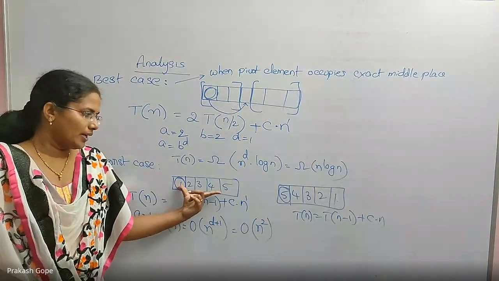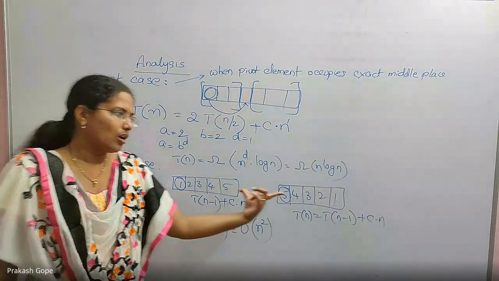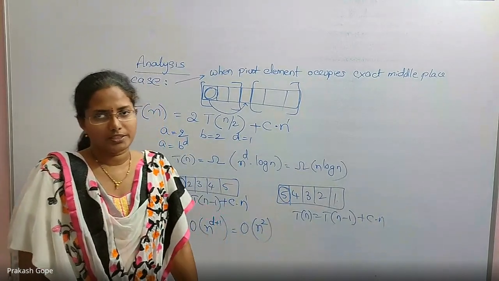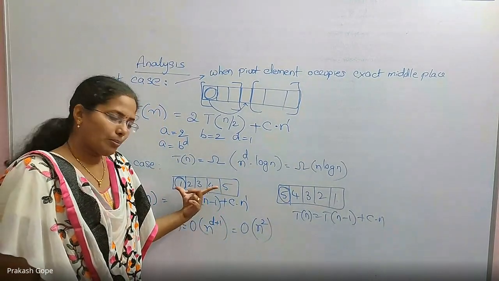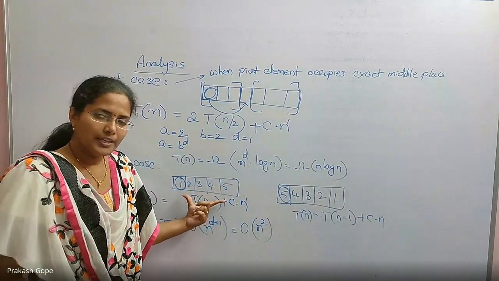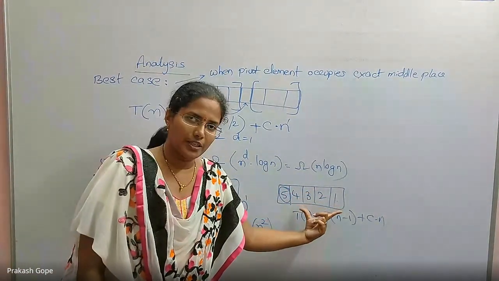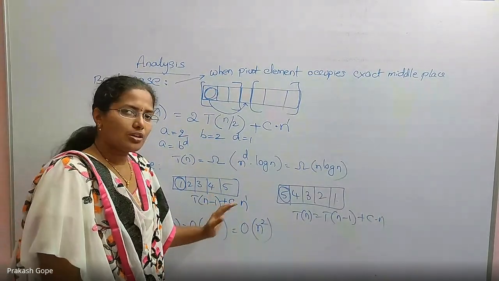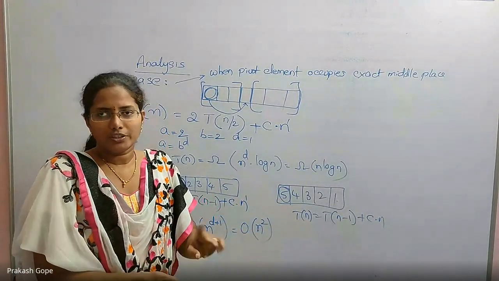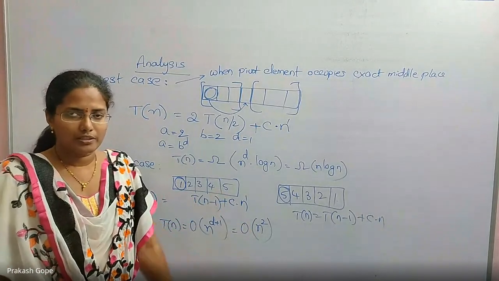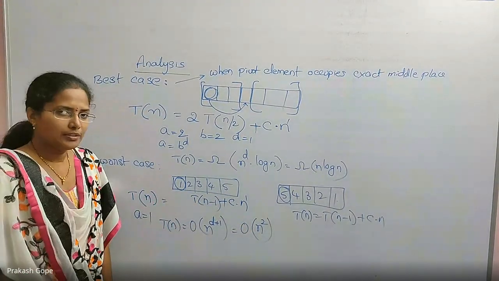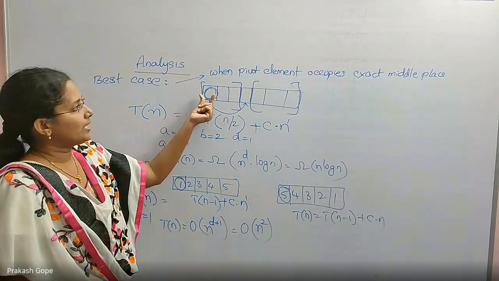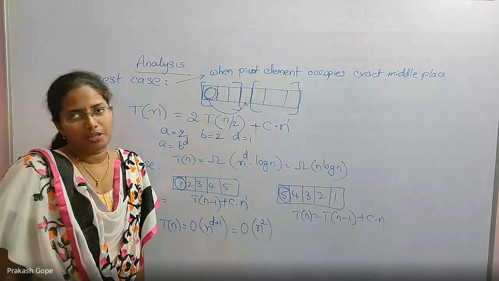So whether the array is already in sorted order or in reverse sorted order, in both the cases quicksort is worst case. The number of comparisons needed in this case is the same as the number of comparisons needed in this case. Instead of having either sorted or reverse sorted, it is better to have a zigzag order. That is almost like an average case. But these two are worst cases. Best case is every time the pivot should occupy exactly the middle place.